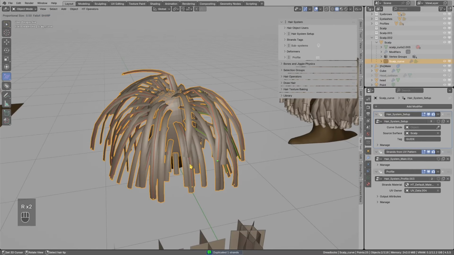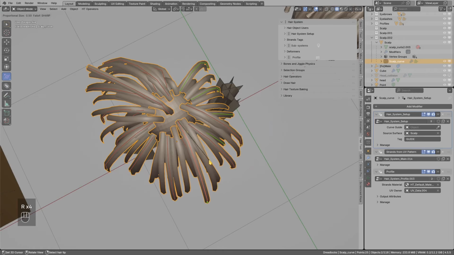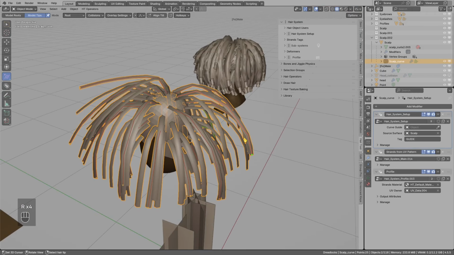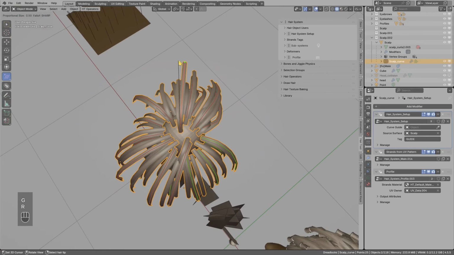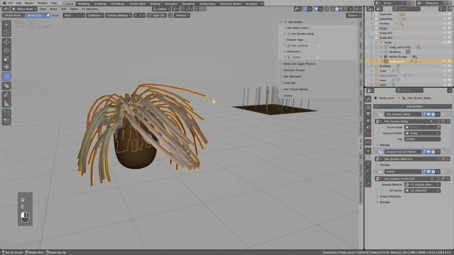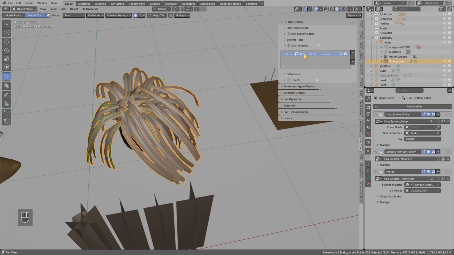So sometimes you may just need to add more guides. And yeah, it looks better. And sometimes, with soft selection,